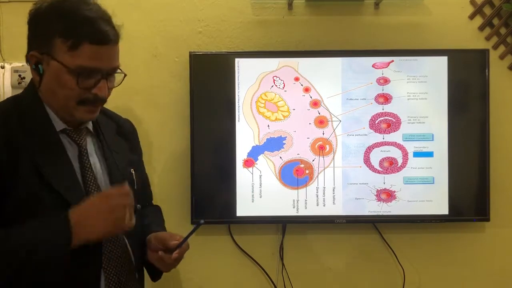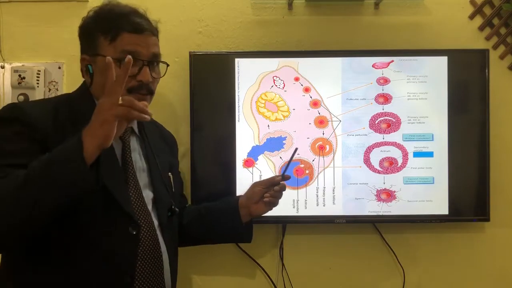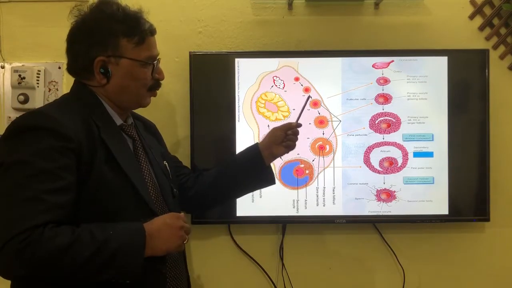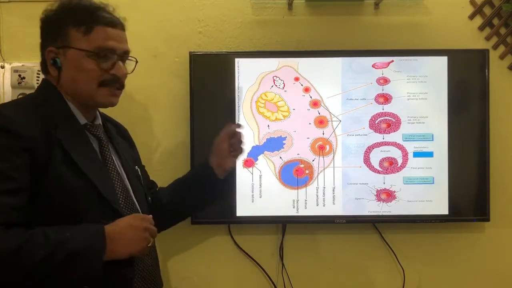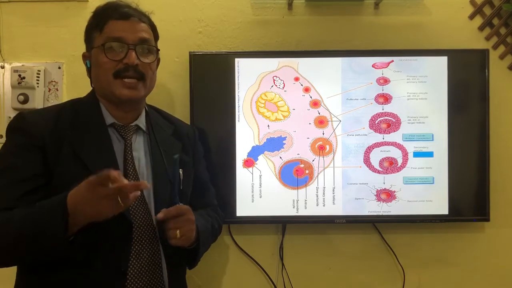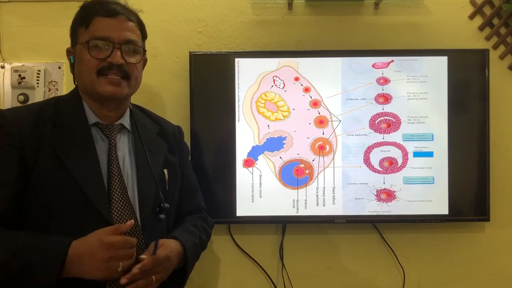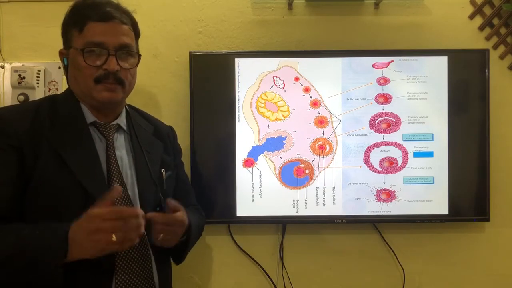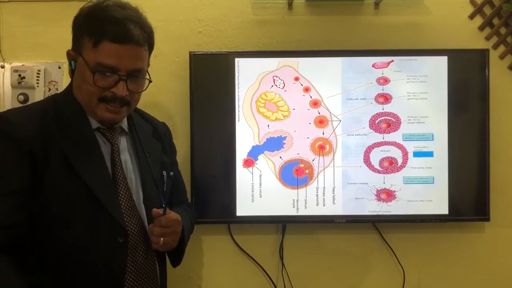Very good. Now, this growing follicle produces two types of hormones. See, this growing follicle produces estrogen and this corpus luteum produces progesterone. Both estrogen and progesterone are responsible for development of female secondary sexual characters, especially estrogen. Menstruation process, all those are under the control of those hormones. Right, now,